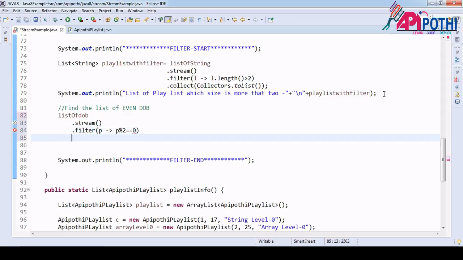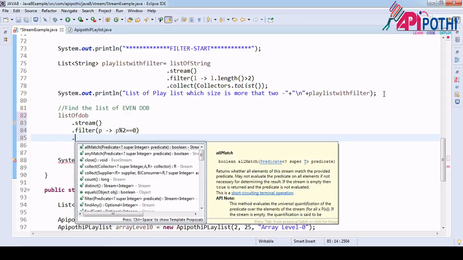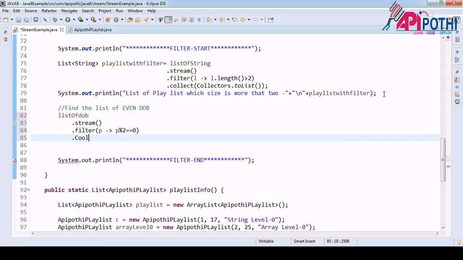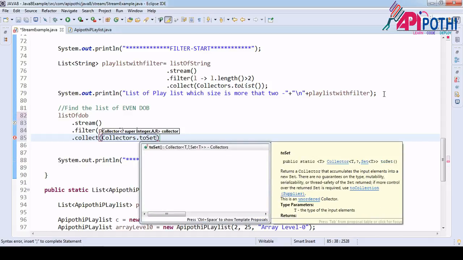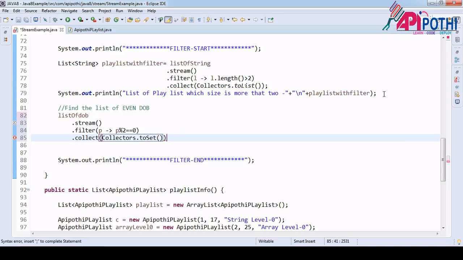So with this logic, collect that value inside the list. Collectors dot toSet also. Okay, we already used the list. Now I am going to use the toSet.